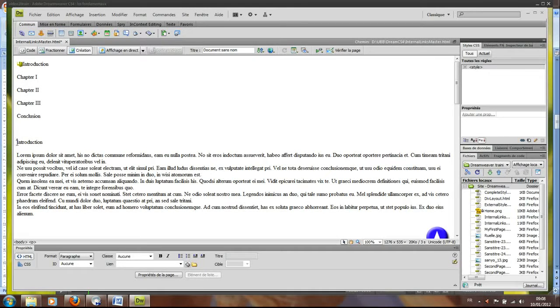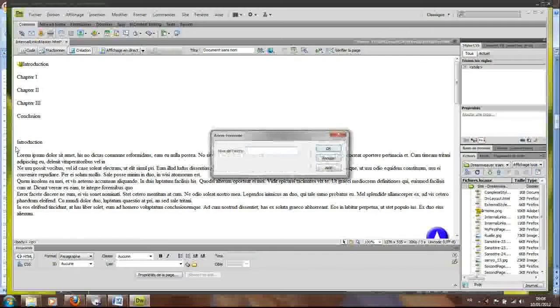I can create an anchor either by clicking on the Insert menu and the anchor option, or using the combination Ctrl Alt A. So here, Ctrl Alt A, I name this anchor, and here I will give the name intro for introduction. So I press OK,